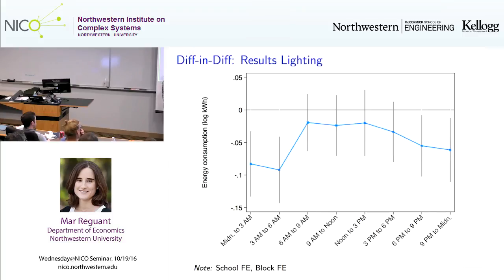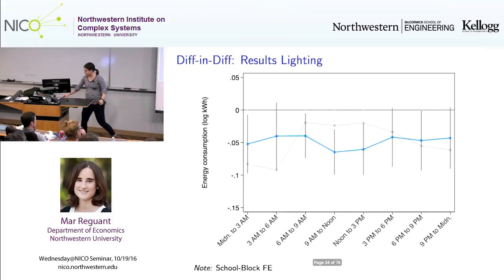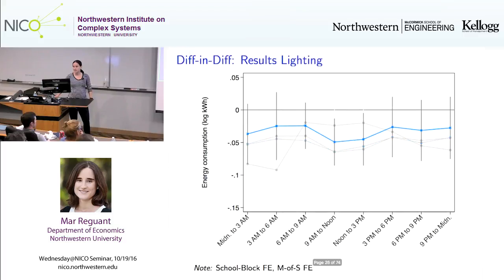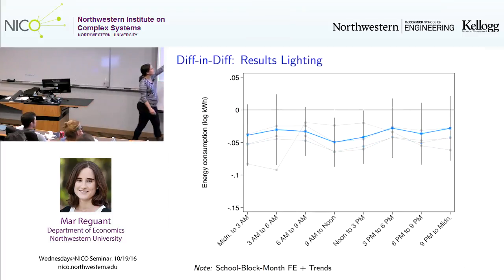Now, when we look at lighting without many controls, so when we control for very little, we do find very weird patterns too. We find large savings at night and not many savings during the day. Maybe schools are really leaving the lights on all the night, but it's really not the most intuitive pattern. We see that as we control for things, we find more intuitive patterns, and actually for light, they are very stable, and they are about 5%, although again, depending on the specification, they might become a bit smaller.